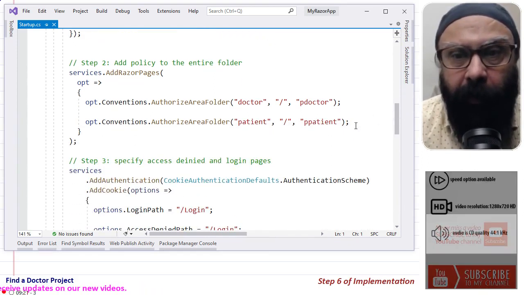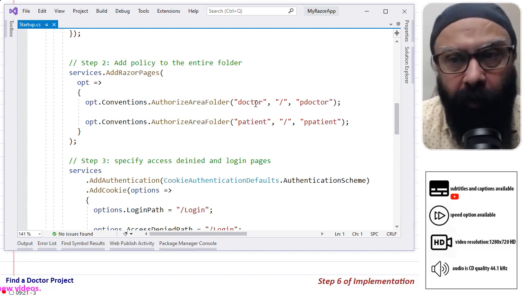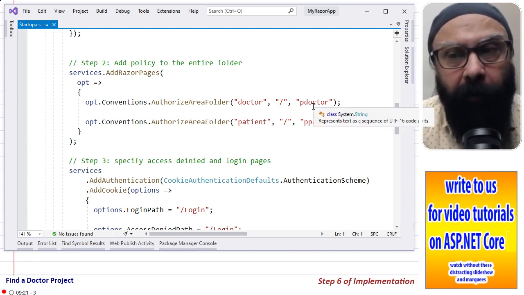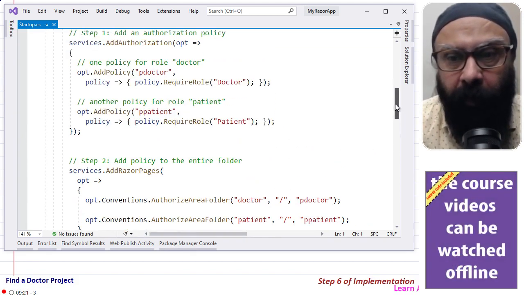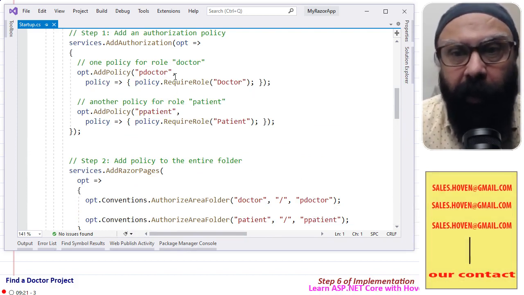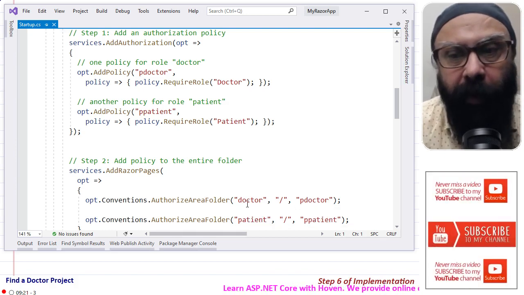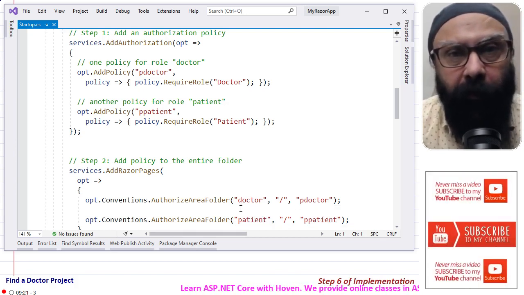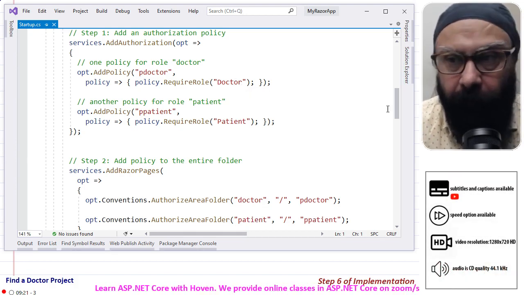And here we apply the authorization to the area called doctor, and the policy P doctor will be attached to the root folder, and you can see that this P doctor will ultimately reach the role of doctor, and therefore the area doctor will be viewable only by the users in the role of a doctor.